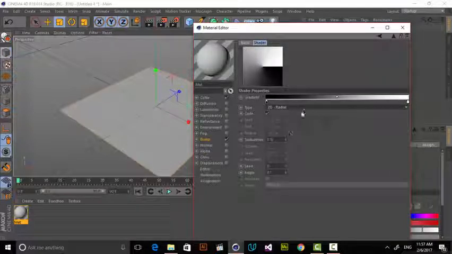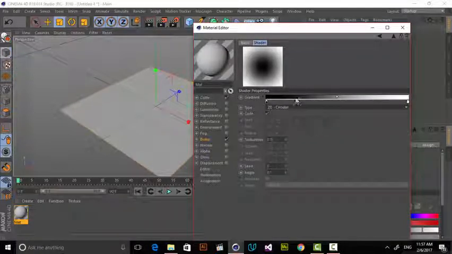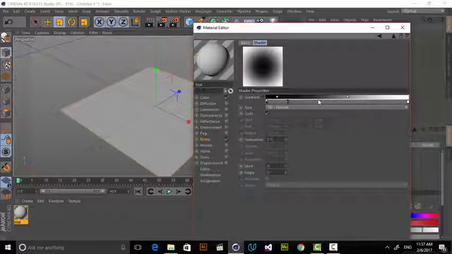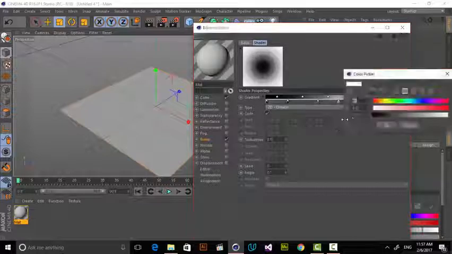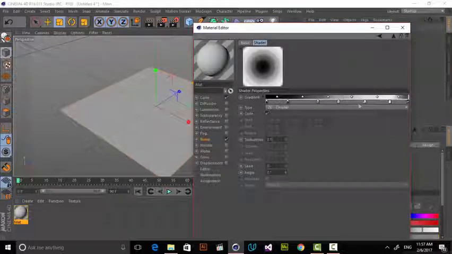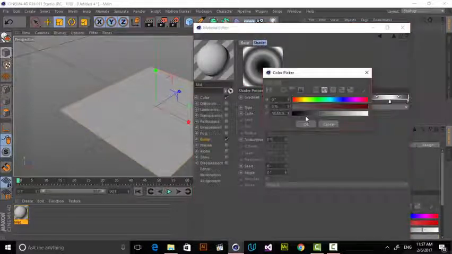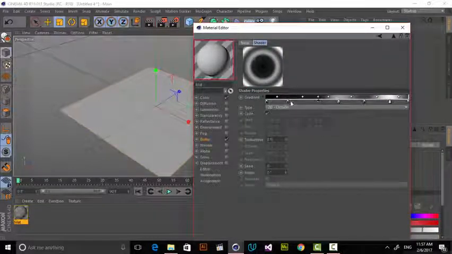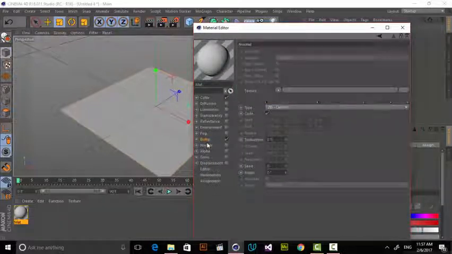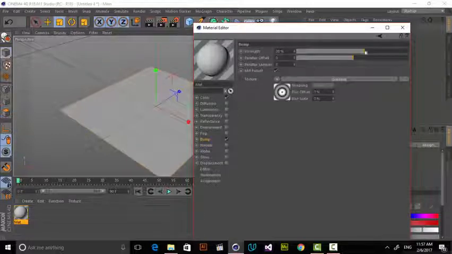maybe just create a radial or circular, adding more than once, like this, and changing the color, changing like this, and maybe create white in here. Now we have this kind of look, and if I just change the strength and also parallax